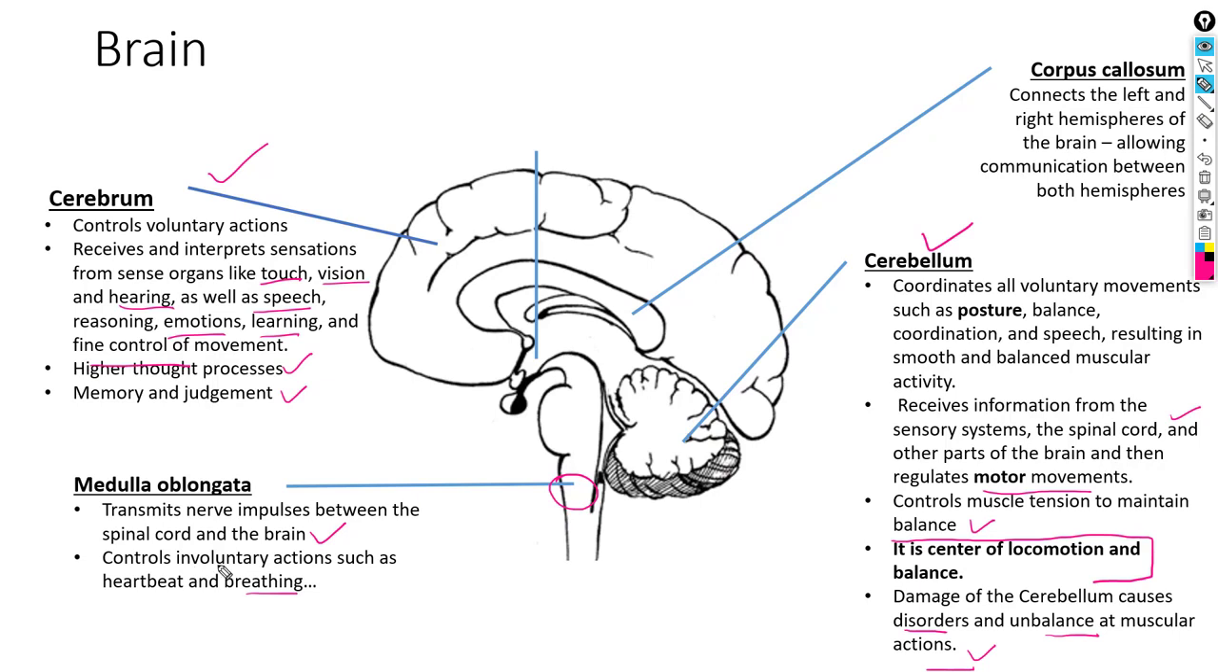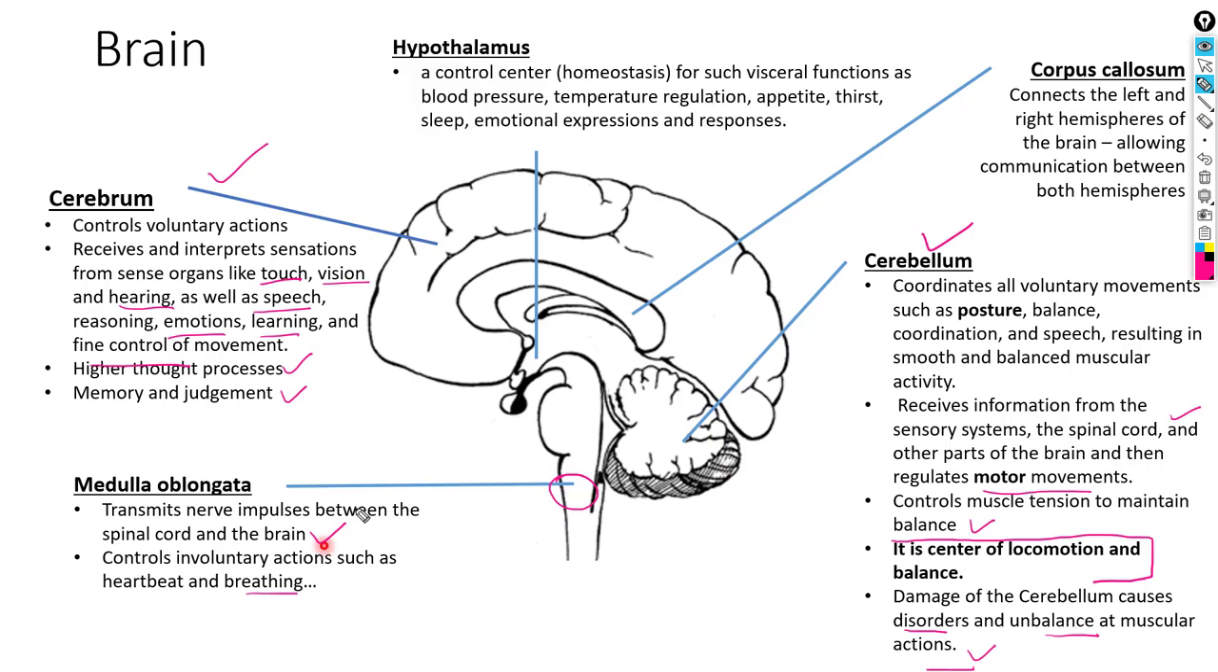Involuntary actions are the actions that are out of our control. And the last part here is the hypothalamus, which is a control center for visceral functions such as blood pressure, temperature regulation, appetite, thirst, sleep, emotional expressions, and other responses. Homeostasis here refers to internal metabolic balance, and visceral refers to the internal organs of the body. So the hypothalamus is another part of the brain which controls involuntary actions that are part of the autonomic